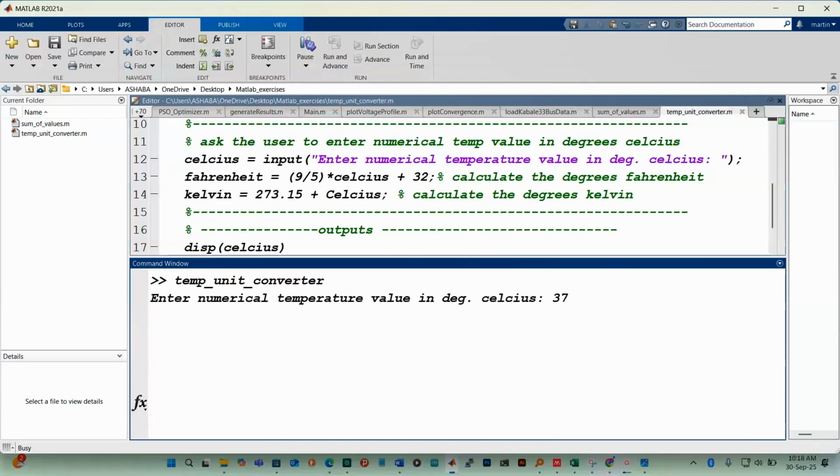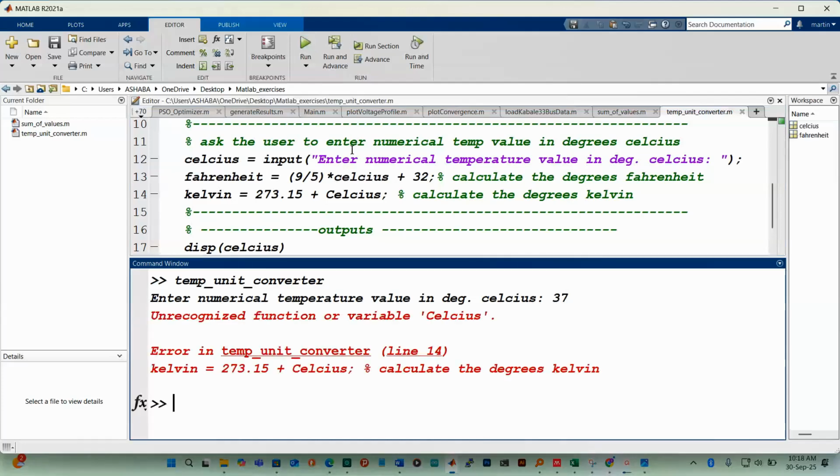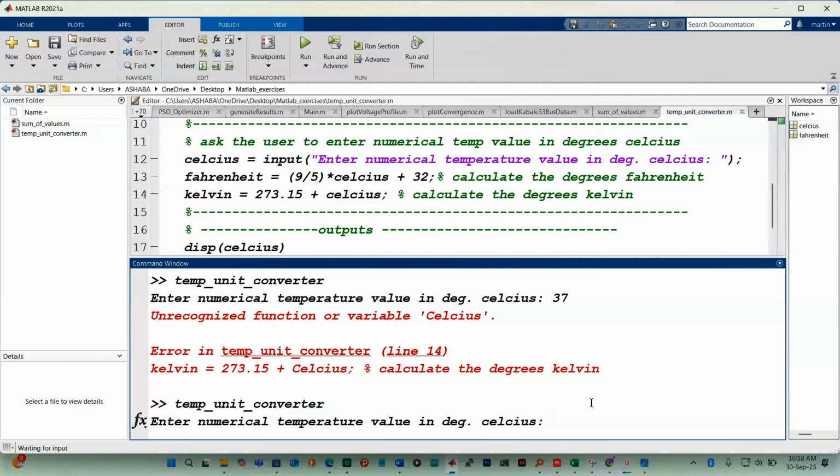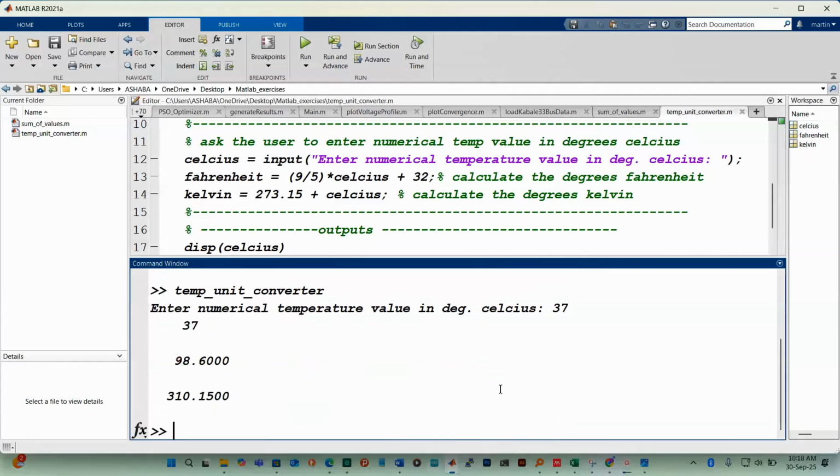So it uses the formulas. Okay. So here we have an error. I told you this program is case sensitive, so this C is supposed to be small. So let's run again. We are saying we have to put in 37. So you can see it has given us 37 degrees Celsius, and it has given us the equivalent in degrees Fahrenheit and the equivalent in